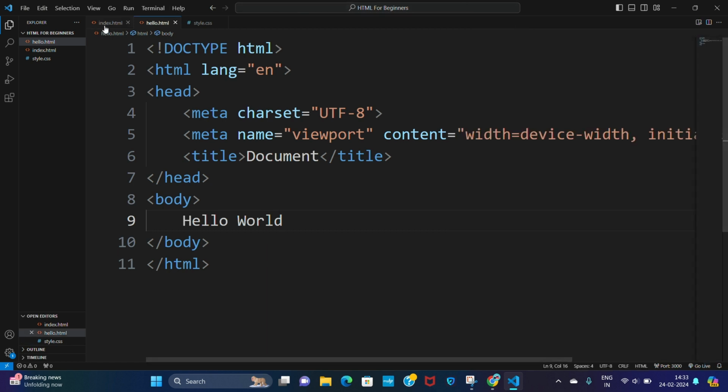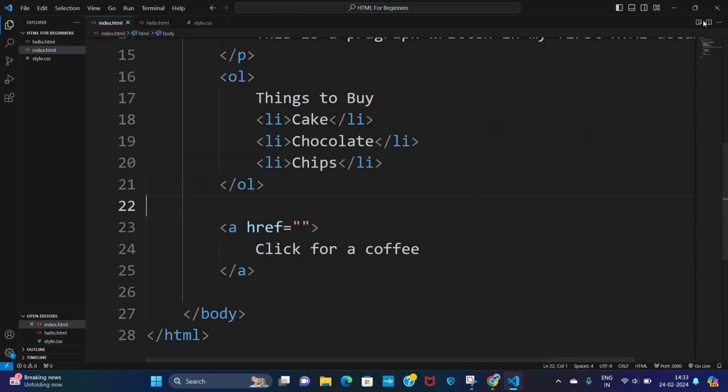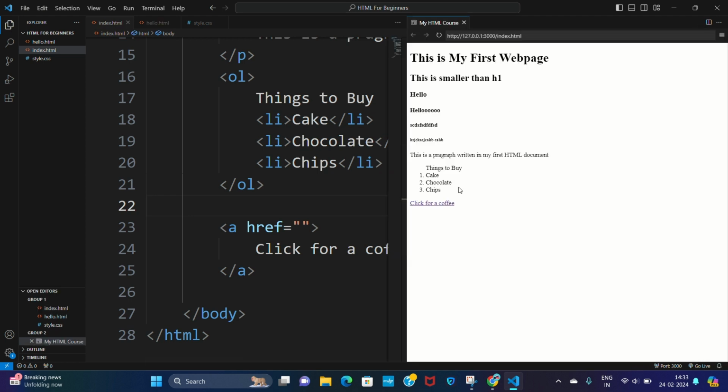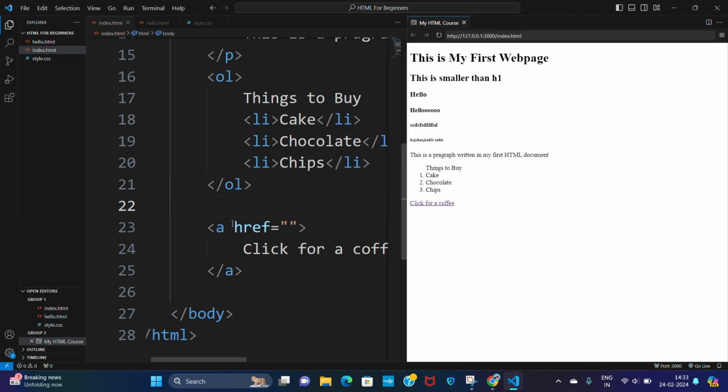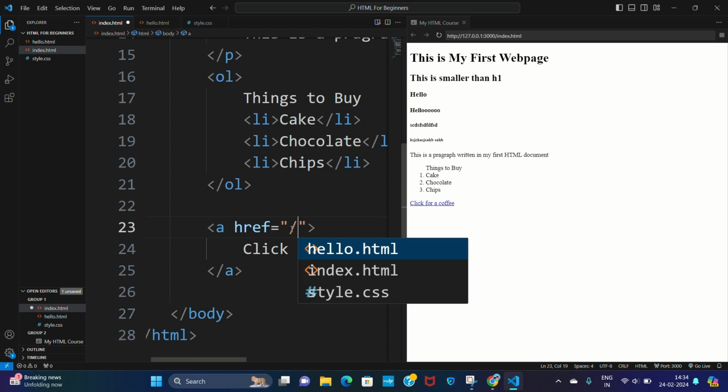Now let's close it, go back to index.html, preview it here. Now remove href. Within the inverted commas,